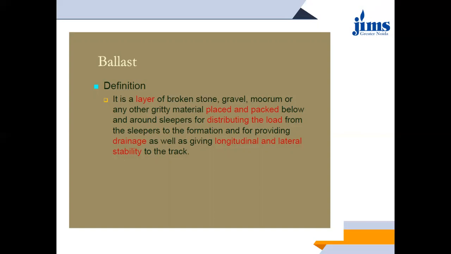Otherwise, in place of those ballast, you can use other broken stones, or you can use gravels. Sometimes muram is also used, or any other gritty materials which can be placed there. But all those materials have a disadvantage: being lighter in weight, or having smaller particles, they actually come onto the track itself. Once they are on the surface of the rails, they provide certain friction between the wheel of the rolling stock and the rail, and therefore deteriorate the surface of the rail.